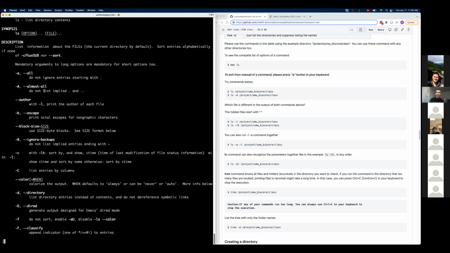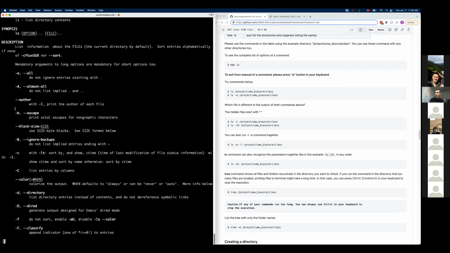And capital A has a different option. It lists the hidden files, but it doesn't show the current folder and parent folder shortcuts, right? And all these other options.